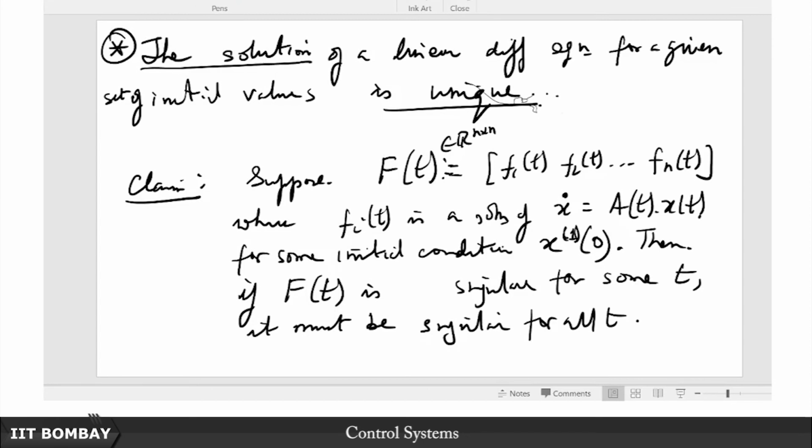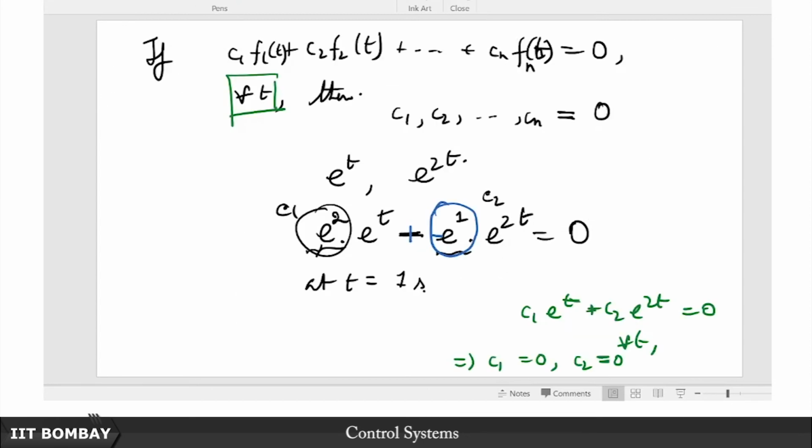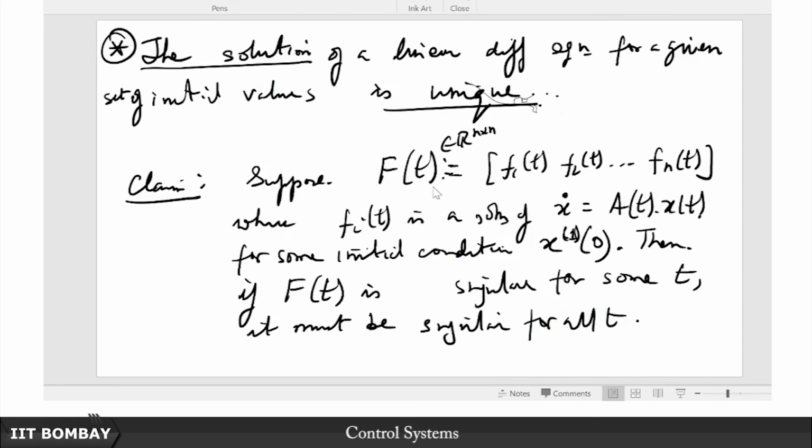Just to give you a brief understanding of this, in this case we saw that even though for a particular value of time t equal to 1 second we got a non-trivial combination of C1 and C2 such that C1 times e^t plus C2 times e^2t is equal to 0, we would still not say that e^t and e^2t are linearly dependent, because that only happens at some particular values of t but not at every value of t. But it turns out that in this case,